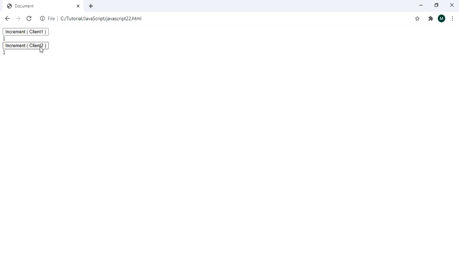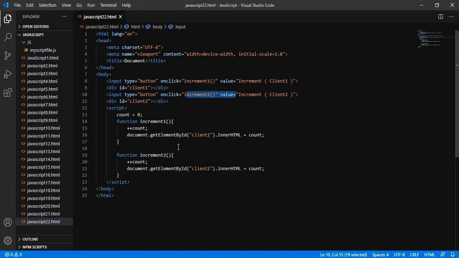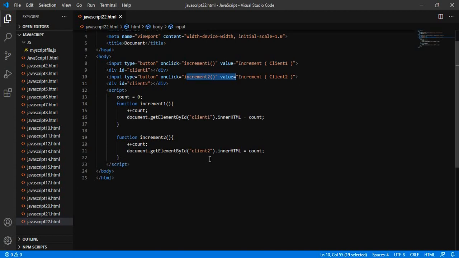When I click on client 2, it should increment only the client 2 value, not go and increment the same value, or start from 0 when initialized inside the function. To overcome this problem, we just have to create a lexical scope for this count.